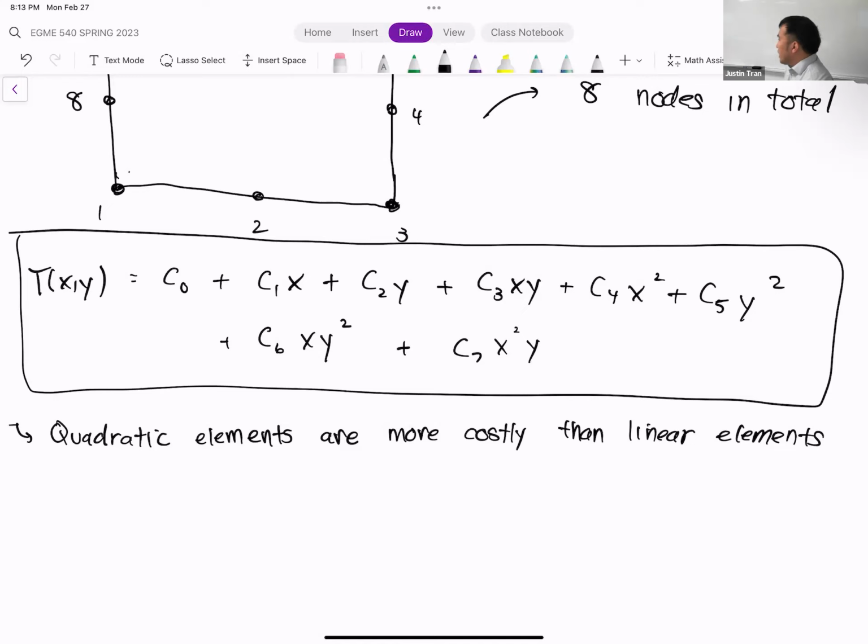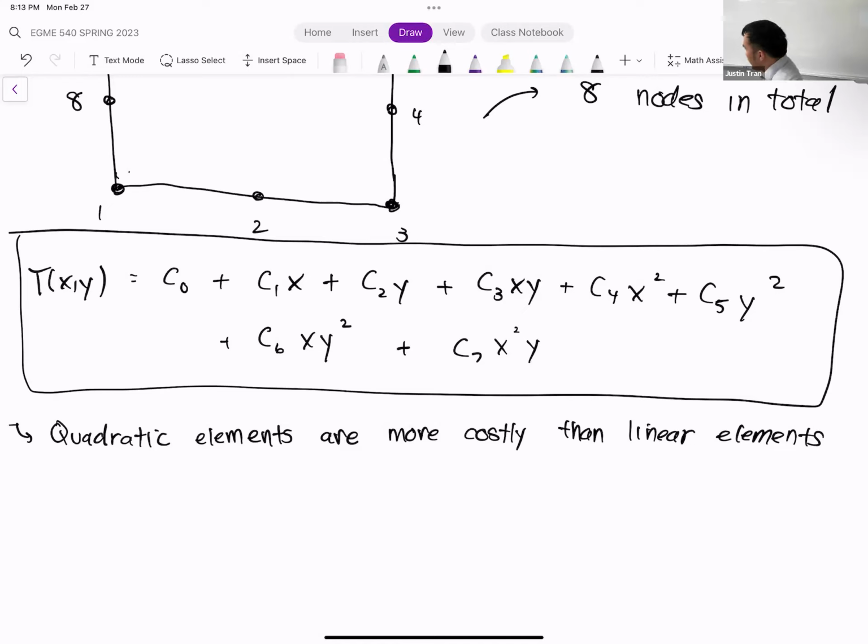And so what you'll see is that, if you produce a mesh on a geometry, and you keep the mesh size the same, but you switch from linear to quadratic, the number of elements might change a little bit, but it's going to be mostly the same. But what's going to be different is the number of nodes. So you're going to have a lot more nodes doing quadratic elements than linear. And so this is, again, something that you have control over. And so you can choose whether you want to do linear or quadratic.